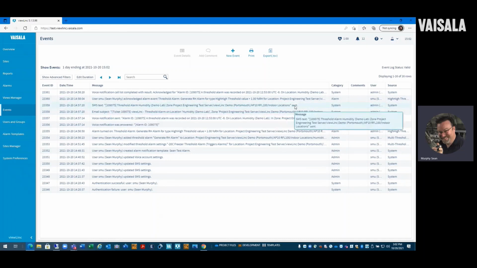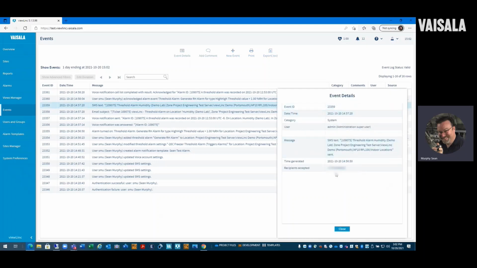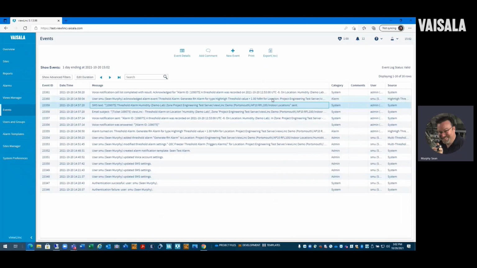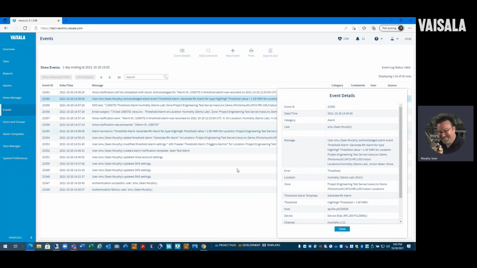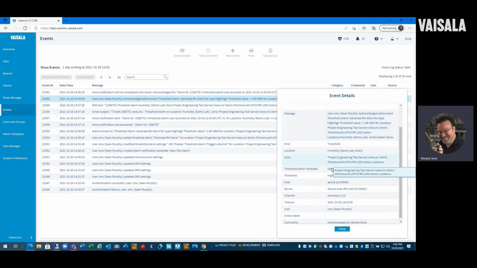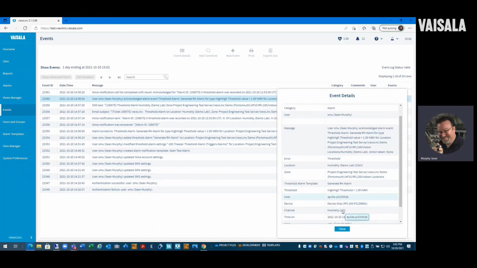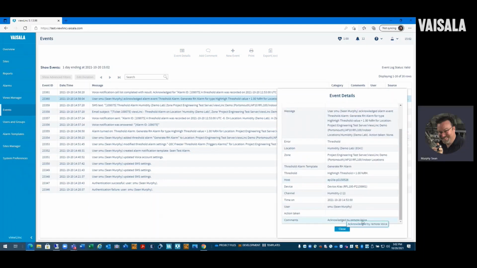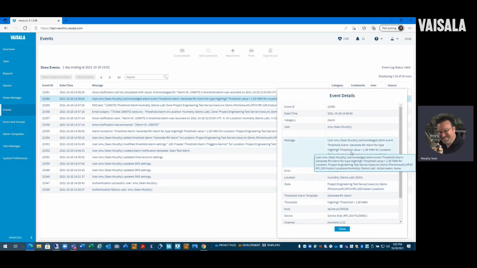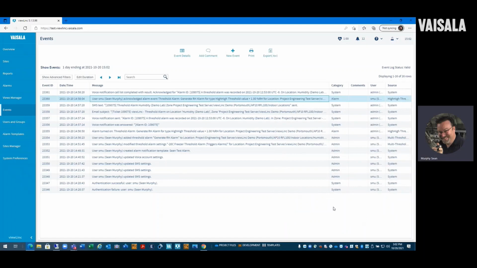So this has the details. If I double click on it, it tells you that I got this text message. It's basically a verification that the message went out and was received. And this says that I acknowledged the alarm. So this is basically the details saying that I, using a remote voice, in other words, typing back in that 2 and then putting in my PIN number, acknowledged this alarm. And that PIN number and my cell phone number, those two things verify it was me inside the system.